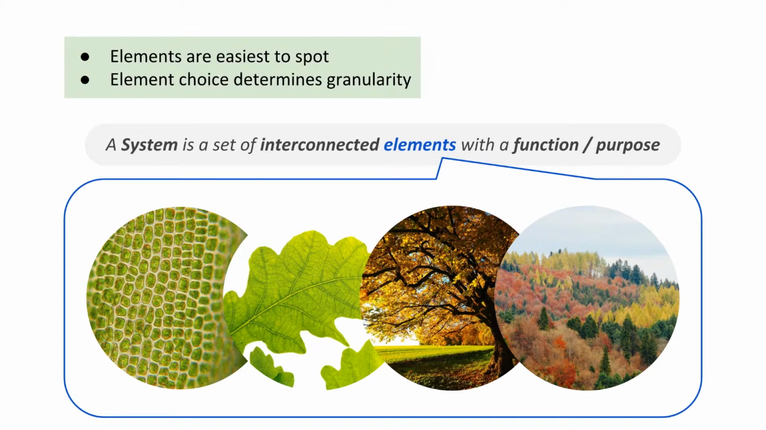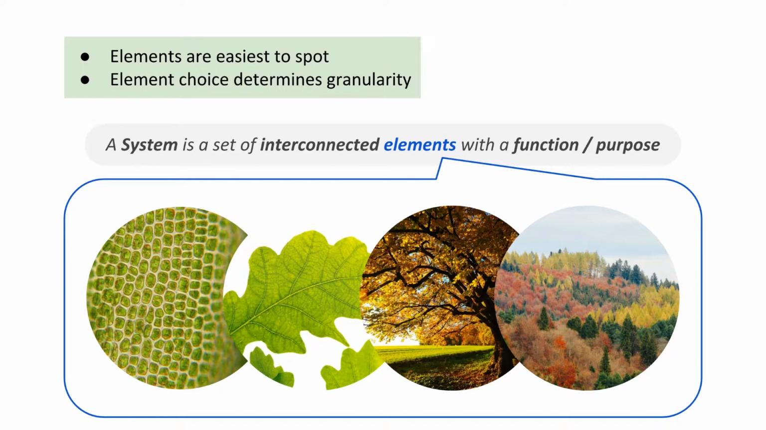So what we see from these examples is that elements are relatively easy to spot because they're sort of the things that make up the system. And their choice in some ways also determines the granularity of the model we're using. So for example, it wouldn't make sense to model an entire forest with plant cells as being the elements because that would be way too complicated. So if we choose the plant cells as an element, we're probably only looking at the system of a leaf